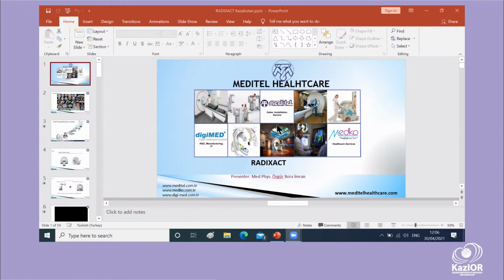Thank you very much for this opportunity. As a medical healthcare company, we are working on Radixac and Accuray cooperation. Today we would like to show you the new tomotherapy machine, which is Radixac, and explain its details. And before we start,